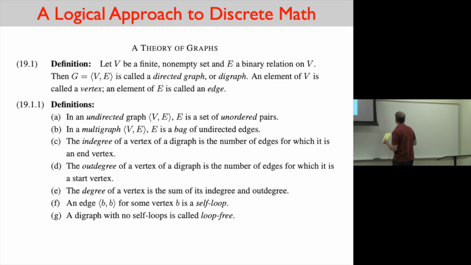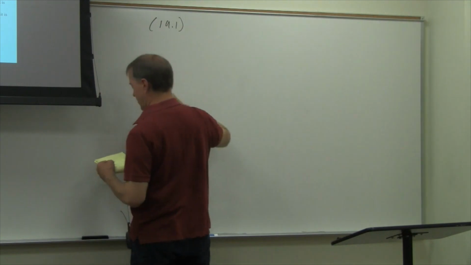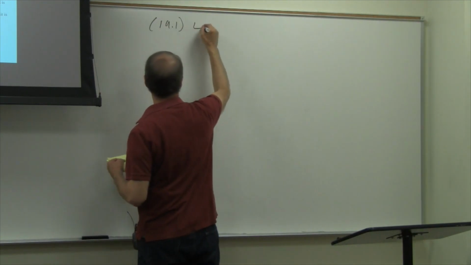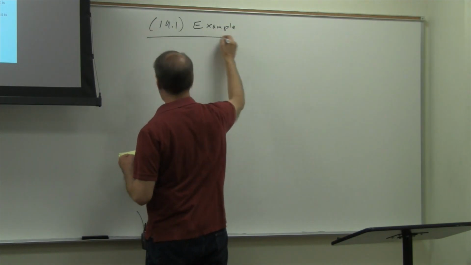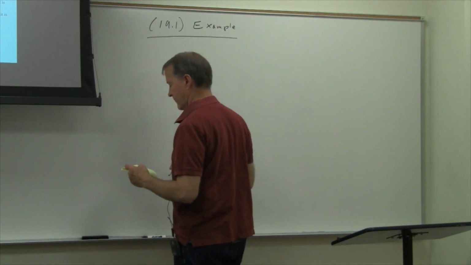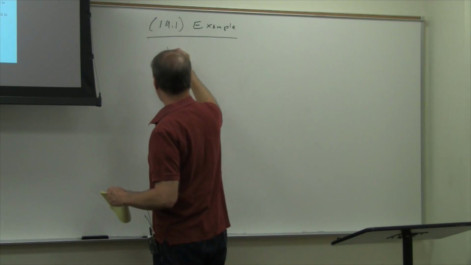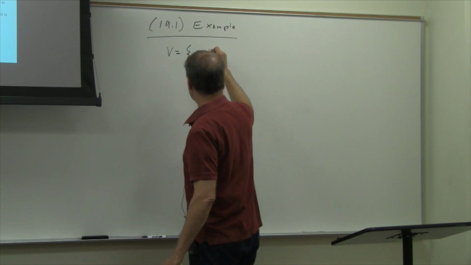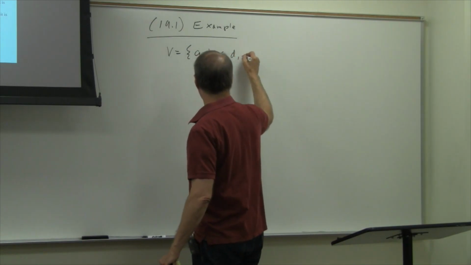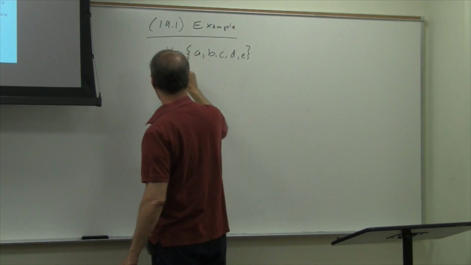Okay, so here's what we'll do. Example 19.1. Let's see why these are called vertices and edges. Here is an example of a directed graph, a digraph. What we're going to do is let V be the set {A, B, C, D, E}, and we're going to let E be the relation